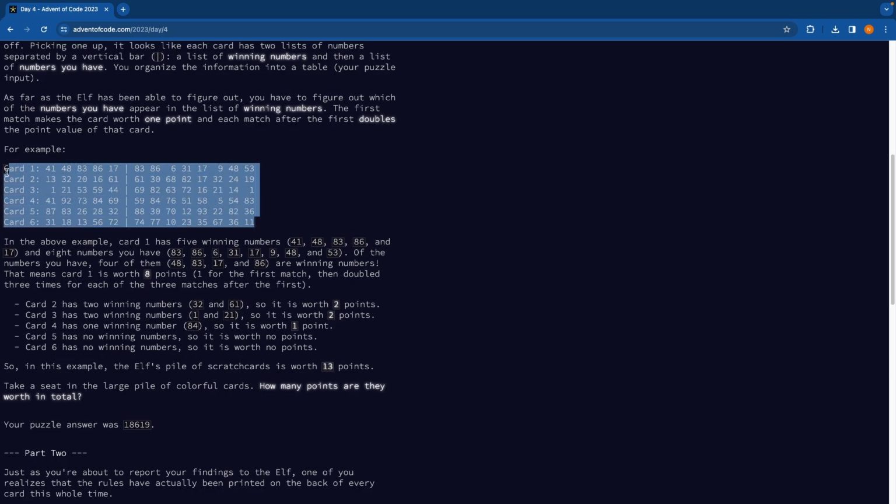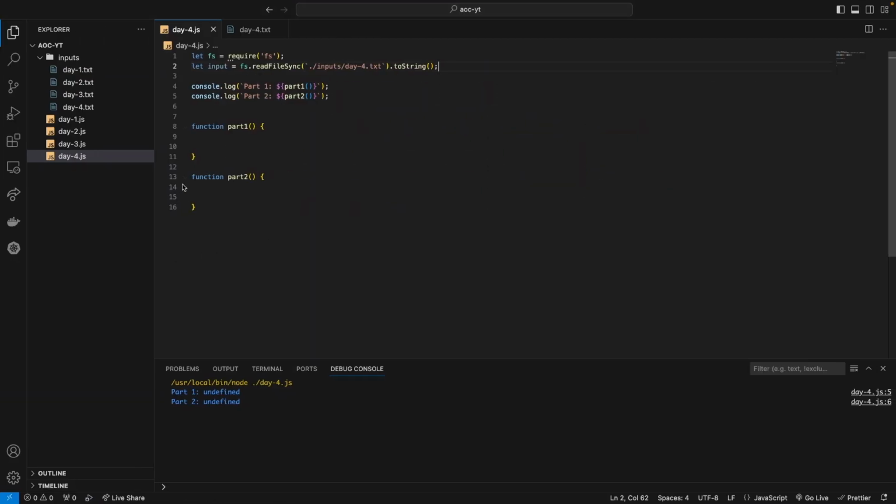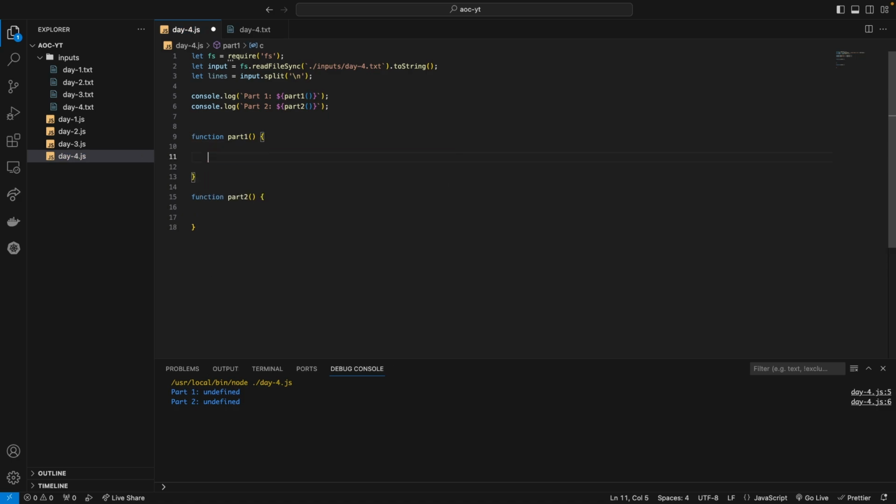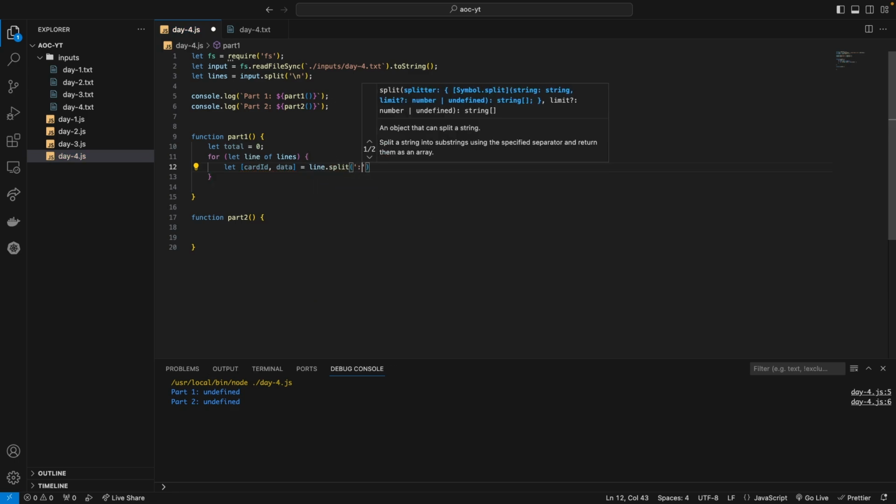So I'm going to copy this input first and put it into Visual Studio Code and paste it in there, and then we're going to get started with parsing the data. So first what I'm going to say is let lines equals input.split at \n. Now in our part 1 we can say, for let line of lines, we're going to go through each of the lines and iterate through them, but we also need a total. So we're going to let total equal 0. And now what we can say is let cardID, data equal line.split,